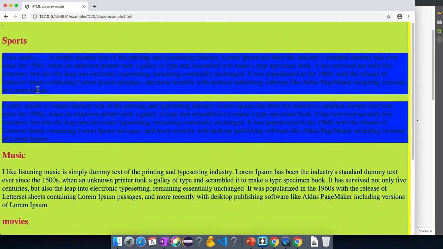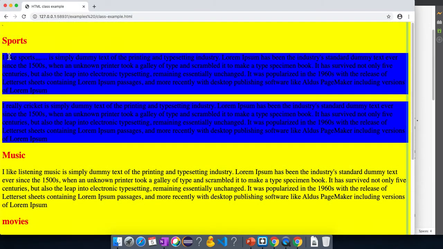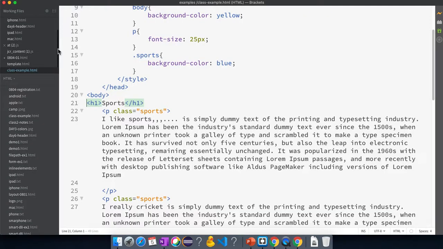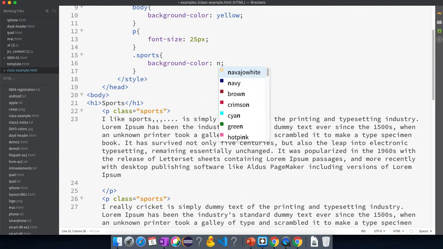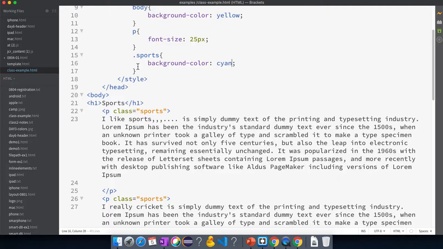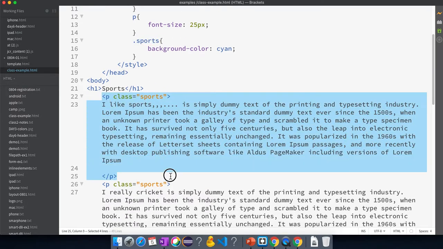So let's see, you can see that the blue color is only applied for the sports section. So I'll just change it to some navy blue, or cyan color you can say. You can see that wherever we are using sports, only there the styles are getting applied.